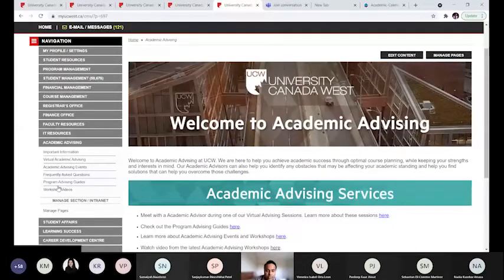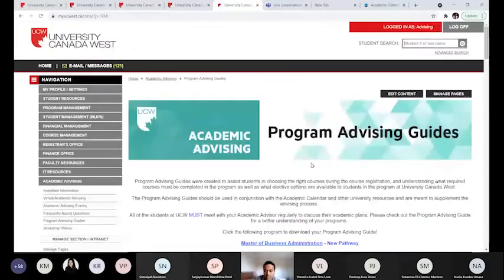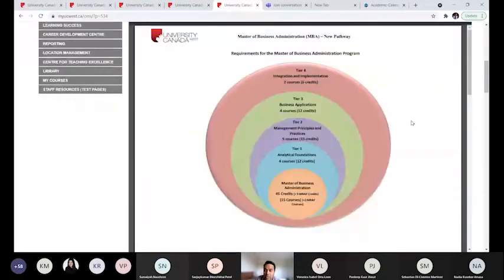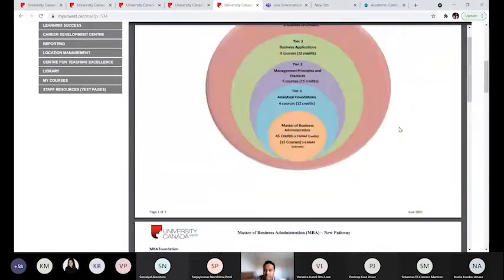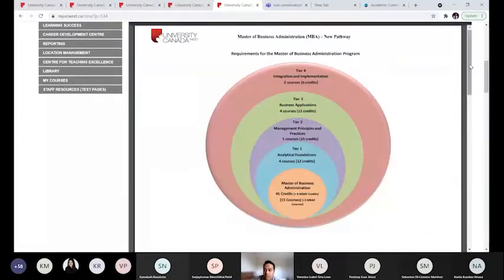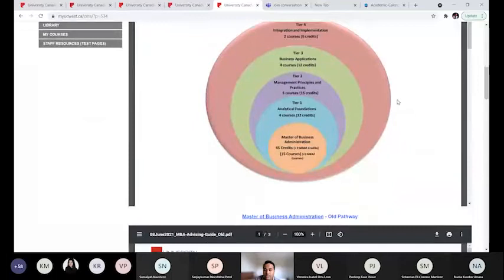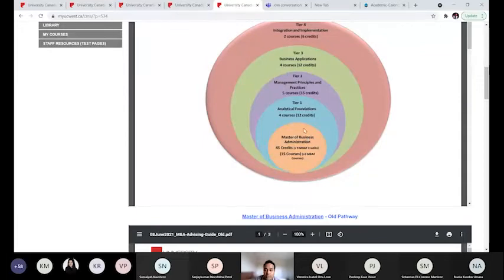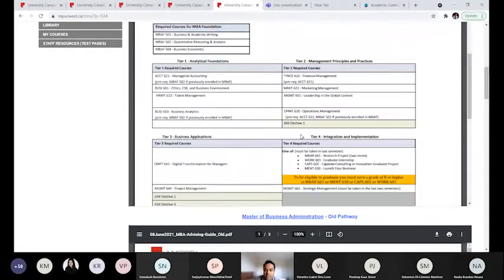On this side, you will also find the same bigger pages and information. In case you want to refer to the program advising guide, that is the most important document that you may want to download right now and then refer to. It's a PDF. So click on the download button here, and you will be able to see the categories, how the MBA is structured, how the 15 courses are defined under the different tiers, and what these 15 courses are.